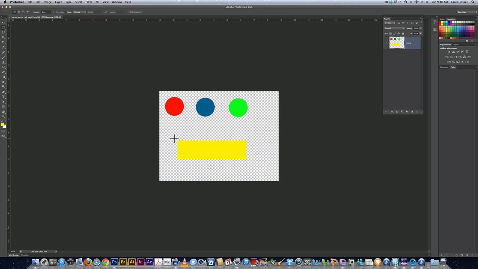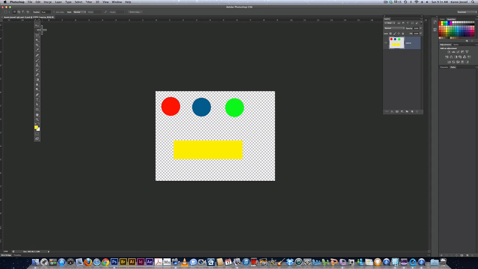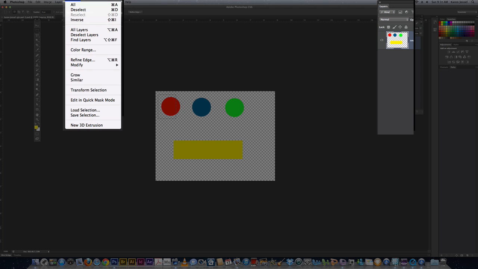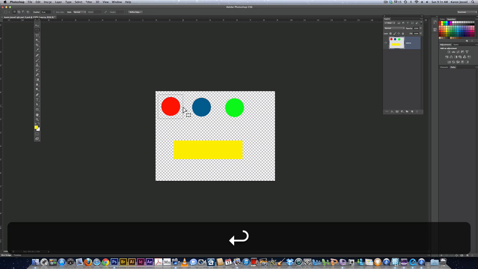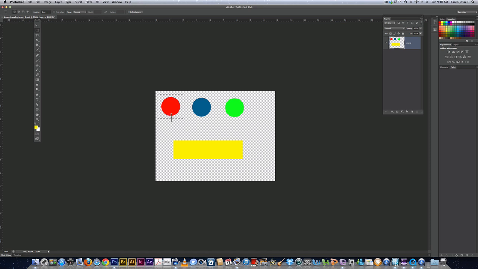So what you need to do is go over here to our toolbar and get the rectangular marquee tool and draw around the red circle. Now, if you don't make it perfect, that's fine. There's something under Select, Transform Selection. You get a bounding box. You can just pull this out, hit the return key on the Mac, the enter key on the PC, and because this is all transparent, you don't have to worry, and you go to Edit Copy,